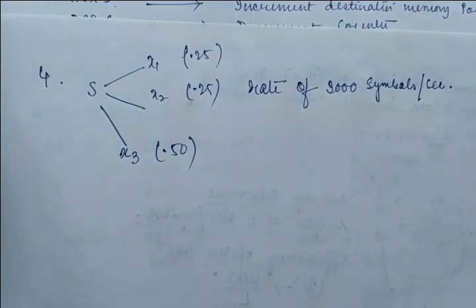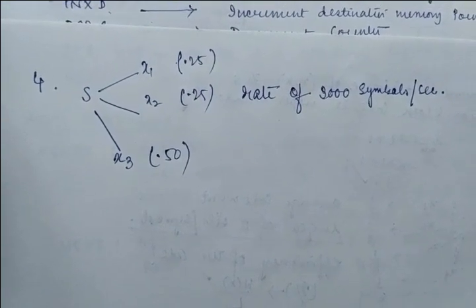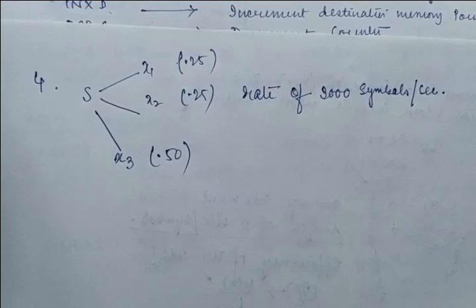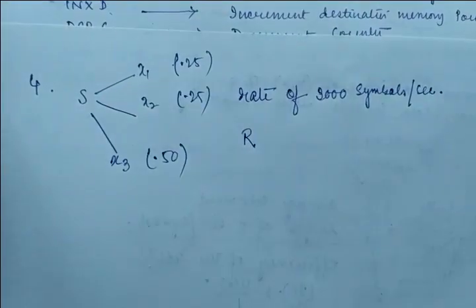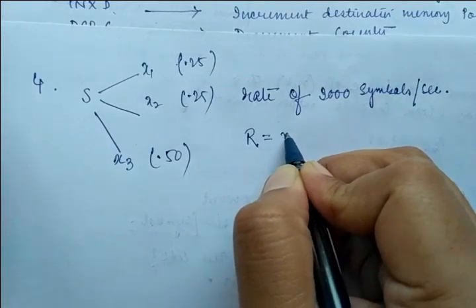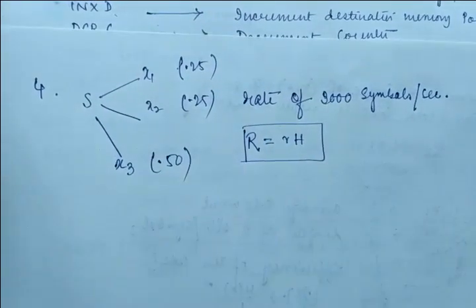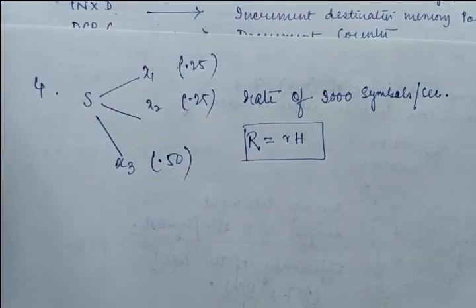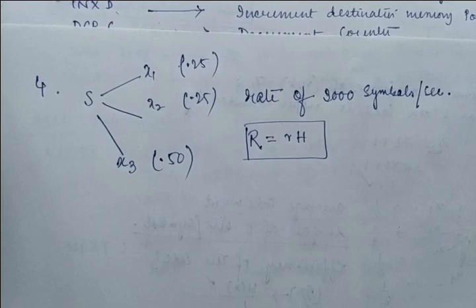and assuming independent generation of symbols. Okay, all these symbols are independent in nature, and the most efficient source encoder would have the average bit rate. Okay, you have to calculate the average bit rate, meaning the information rate, right? And what is the information rate formula? You have already calculated that R equals small r into H, right? So how can you calculate this small r into H?